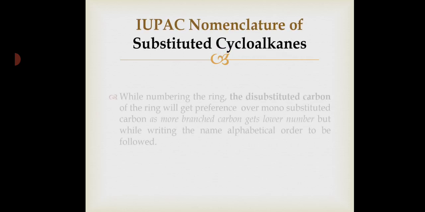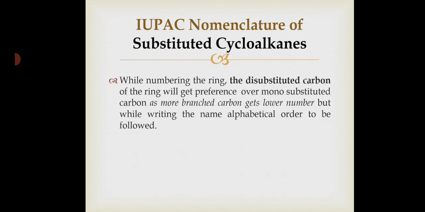Now let's see what happens if the ring has various alkyl substituents. Look at this compound. This is a cyclohexane ring having two methyl groups at this carbon, and an ethyl group at